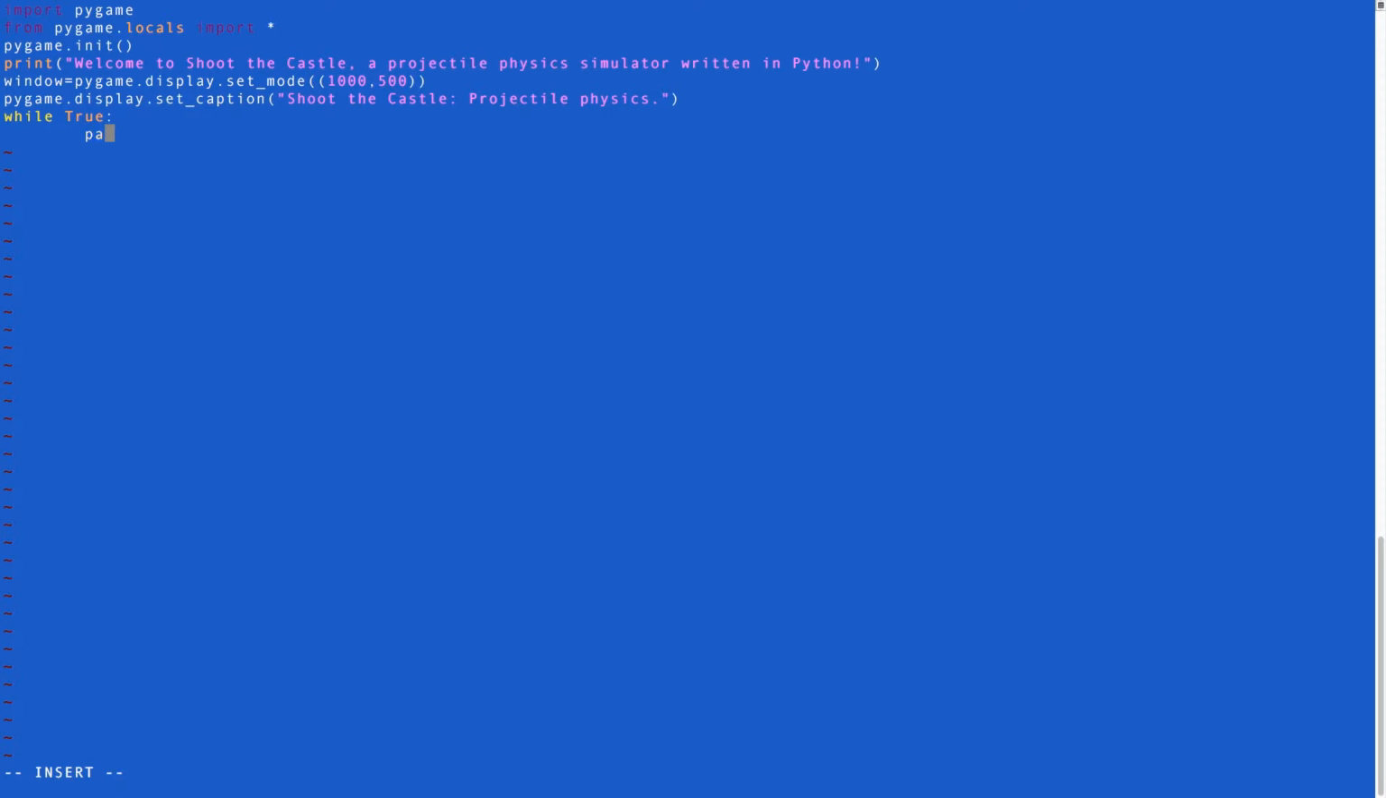Now, we've noticed a problem with our game. When we ran it, we just saw the spinning beach ball of death on Mac, and we couldn't close the window. We need to handle what happens when the user tries to close the window. We're going to say, for event in pygame.event.get, which means for every event that just happened to the window, do something. If event.type equals quit,